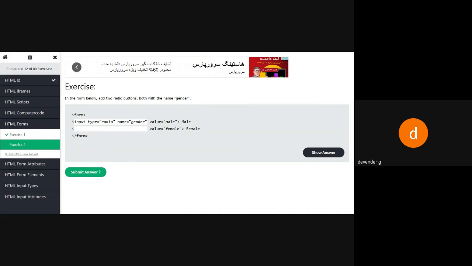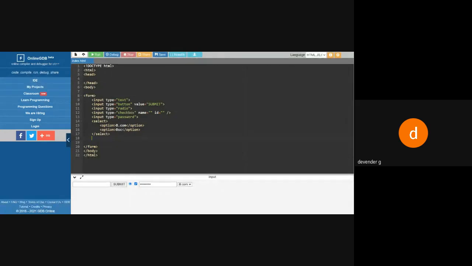What about down? Same, sir. For this also gender. So name for both will be the same, but values are different. So that this will act as a single button. So if you see this output, the answer will be the same, correct, and we'll see the output of this. So I'll be using the same radio button here, and I'll make another radio button like this. So two radio buttons I've been using, and we'll see the output of this.